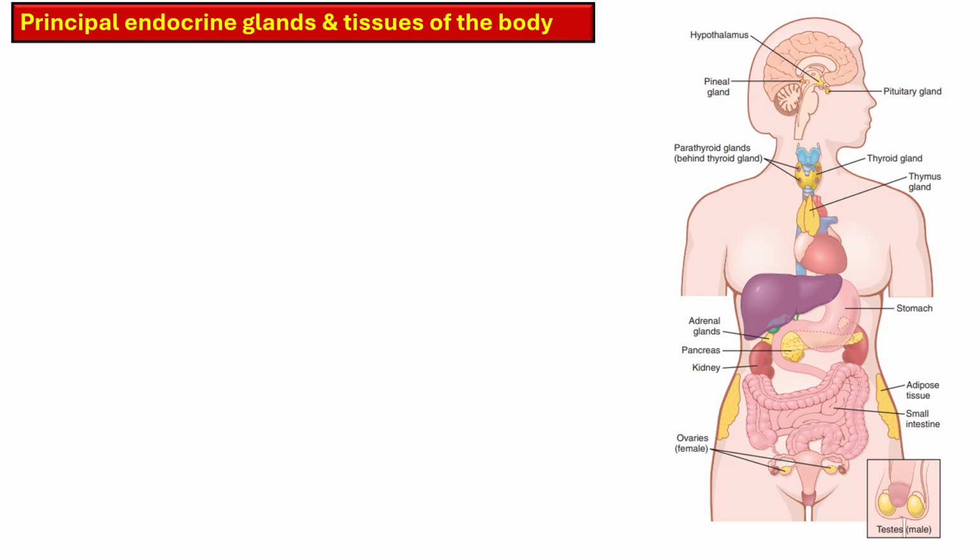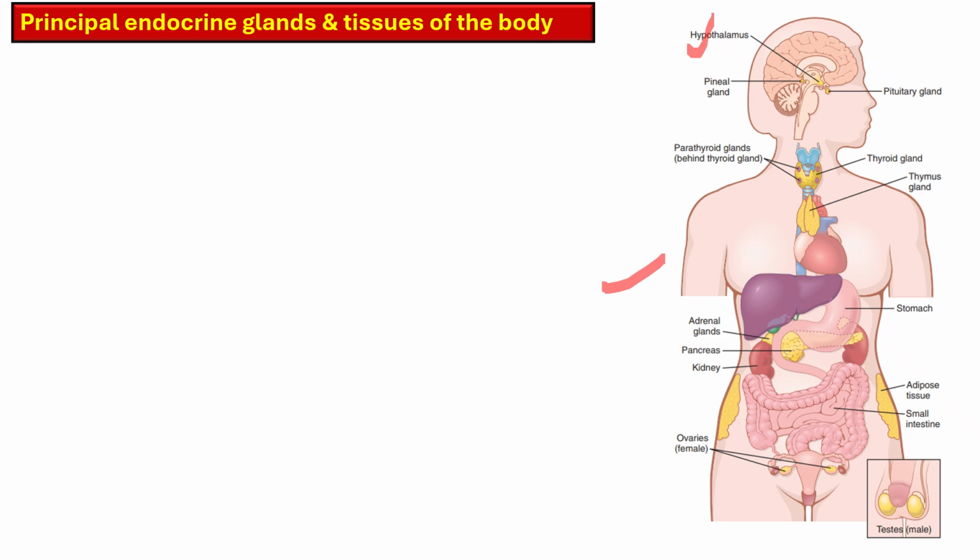This illustration presents the major endocrine glands and hormone-producing tissues in the human body. It demonstrates both the central, brain-based, and peripheral, organ-based endocrine structures responsible for the regulation of critical physiological processes through hormonal signaling. The cranial, central nervous system-based endocrine glands are